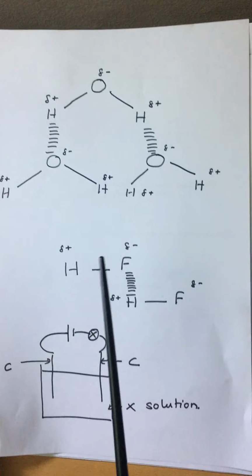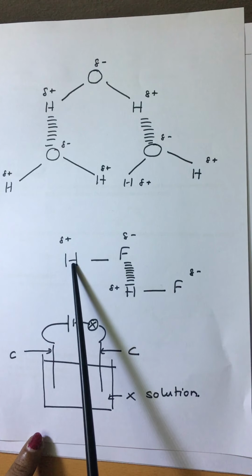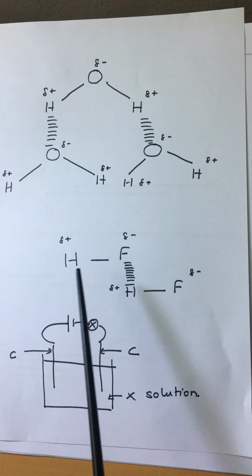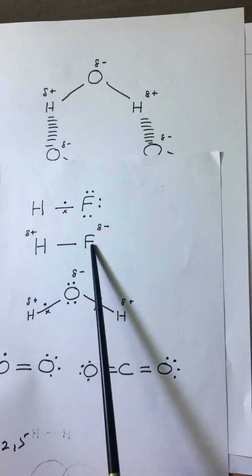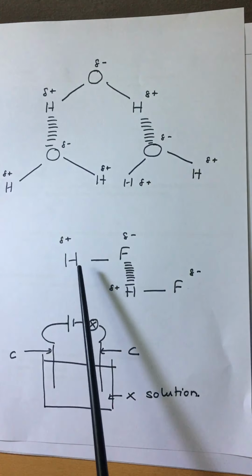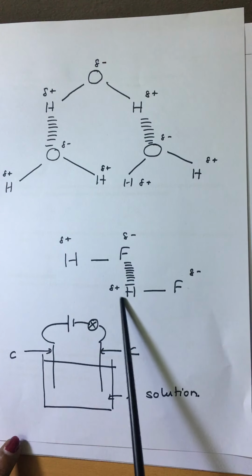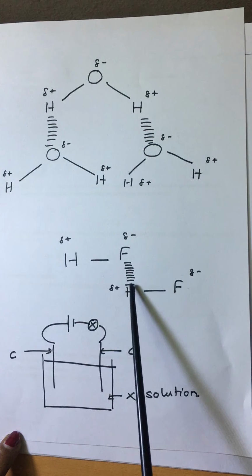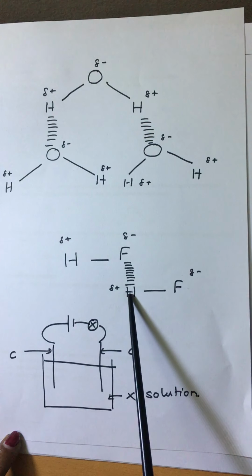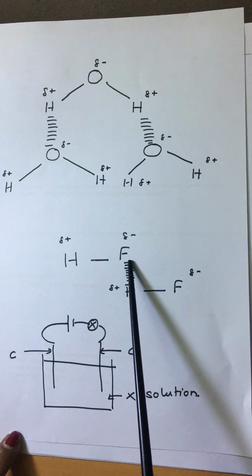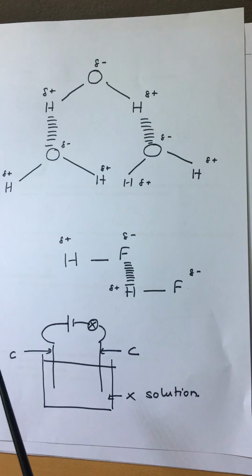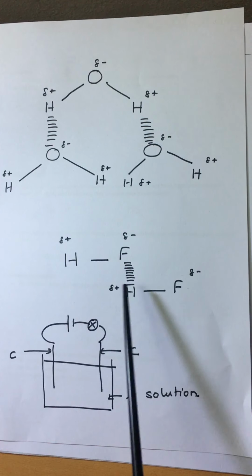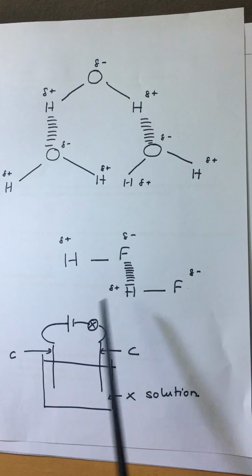Now take hydrogen fluoride, with hydrogen plus and fluorine minus, as I explained earlier. In the same way, there is another molecule of hydrogen fluoride here, HF. The bond forms between the minus of one molecule and the plus of the other molecule. So between F and H there is a bond formed, that is the intermolecular bond. But this is a little bit stronger bond, right?